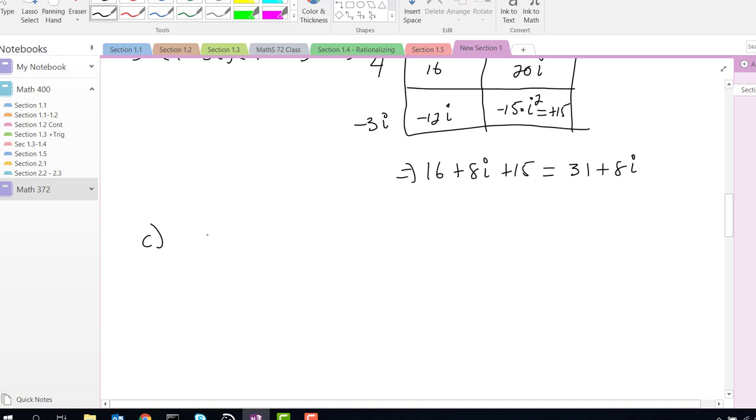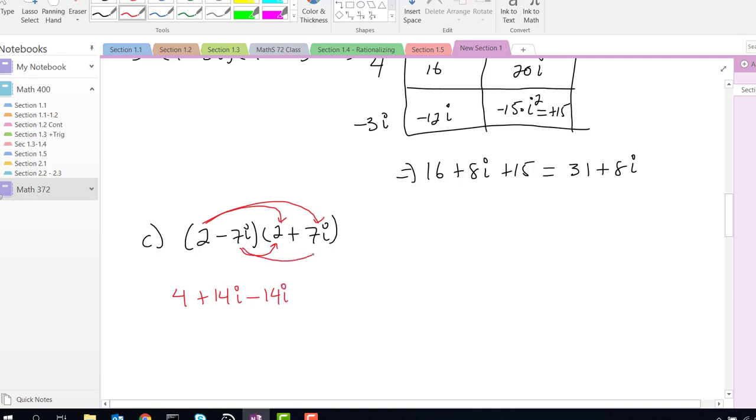So one of the other ones for multiplication, what if we multiply conjugates? So say I want to do 2 minus 7i times 2 plus 7i. So conjugates is when the middle sign is different. So same thing, let's multiply. I'm going to do this one by FOIL. So when I do 2 times 2, I get 4. 2 times 7i is positive 14i, and then negative 7i times 2 is negative 14i, and then minus 7i times